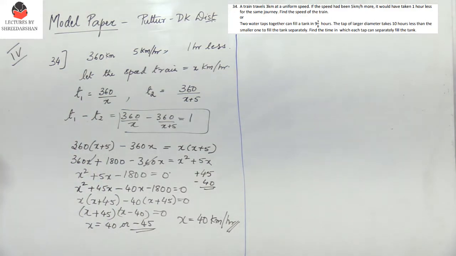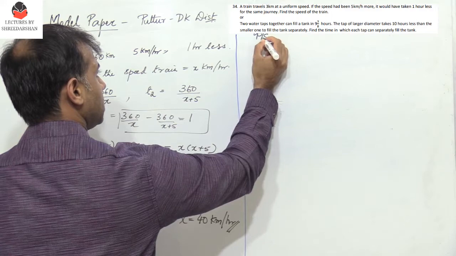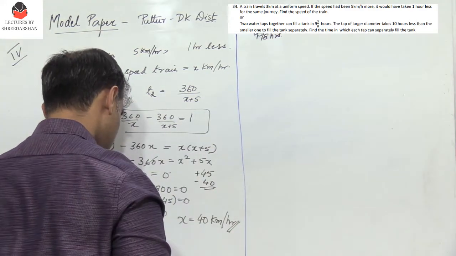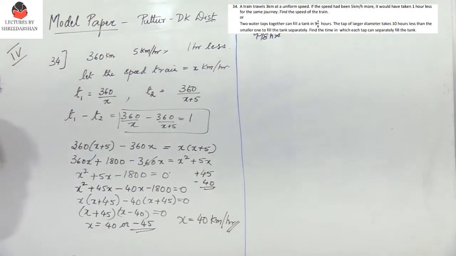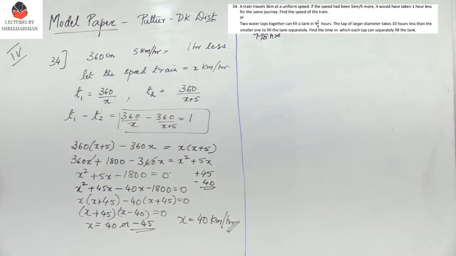Two taps together can fill a tank in 9 3/8 hours. So the time taken is 9 3/8 hours. The tap with the larger diameter takes 10 hours less than the smaller one to fill the tank separately. Find the time in which each tap can fill the tank. So you need to find the time taken for tap 1 to fill the tank and tap 2 to fill the tank. Alright, so now